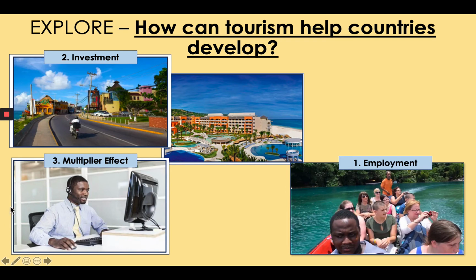This gentleman here is working as an accountant. He's also a customer service agent who helps people out in hotels if they have questions about how to get around the country. He also deals with the money that goes through the hotels. His job was created as a result of this hotel arriving. The multiplier effect is the third benefit of tourism. Finally,